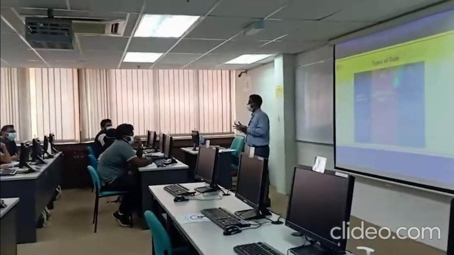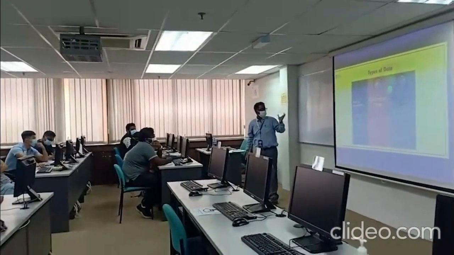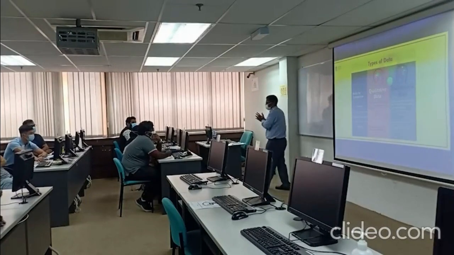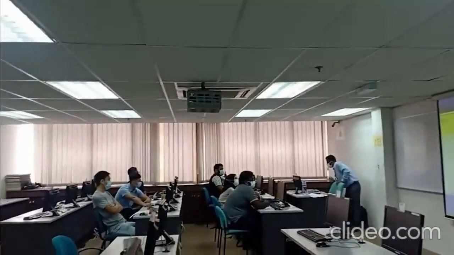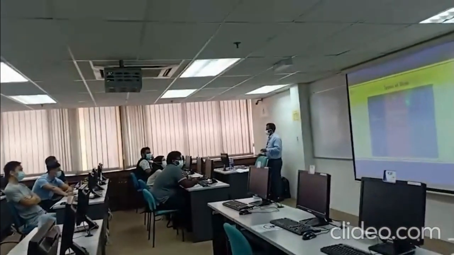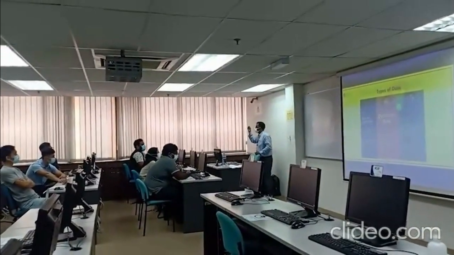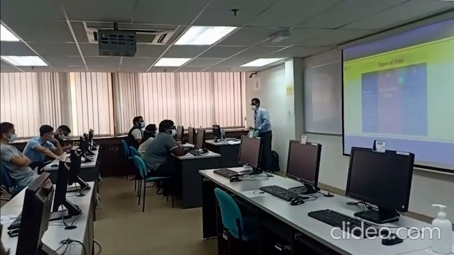Qualitative data and quantitative data. What is qualitative data? I told you, based on quality we are categorizing, right? Qualitative data cannot be expressed as a number. So we are categorizing it. Are you able to see this slide? Quantitative data means expressed as a number and quantified. It can be counted or measured. When it is counted, it is known as discrete data. When it is measured, it is known as continuous data. Got it?